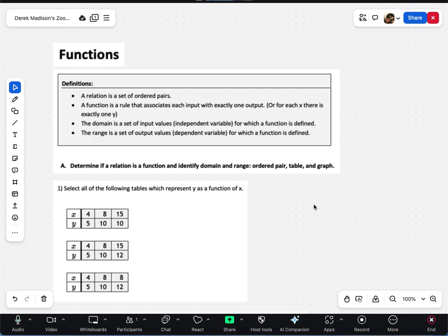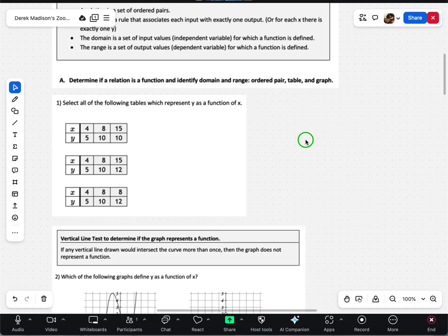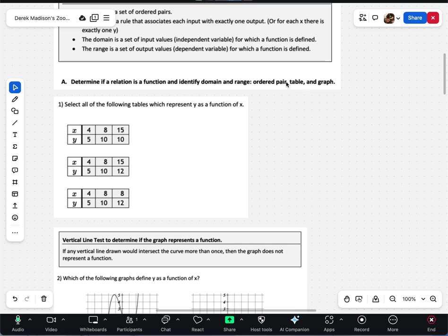Let's see how that looks with some examples. So determine if a relation is a function. Identify domain, range, ordered pair from an ordered pair table or graph. So this is just going to be a few different views of is it a function, and then identifying domain